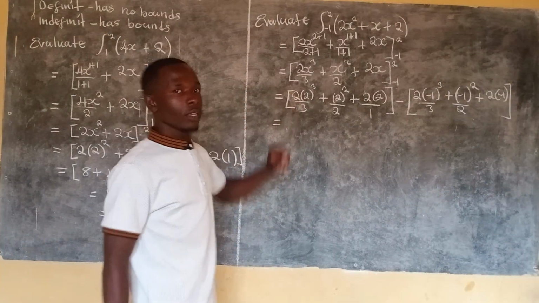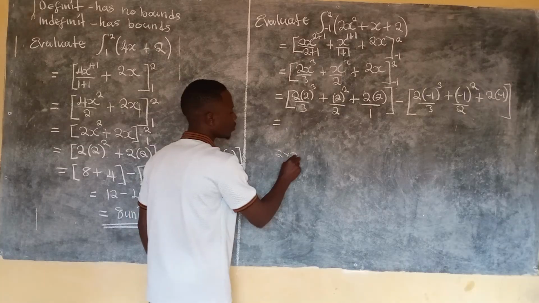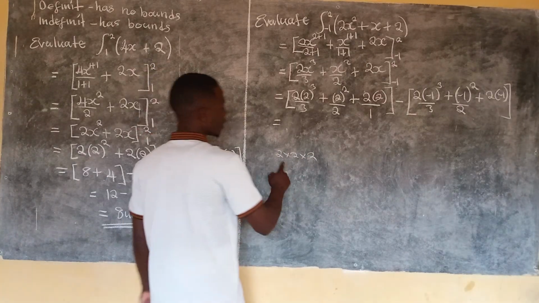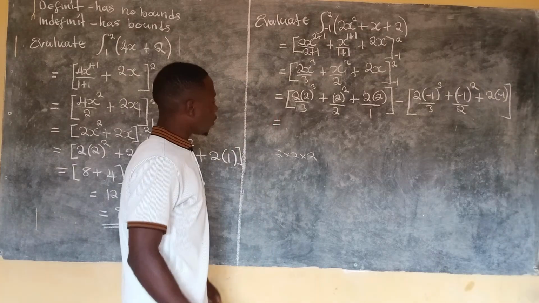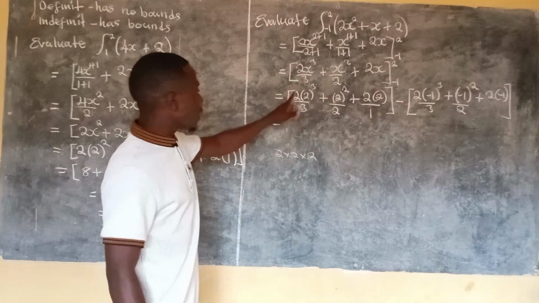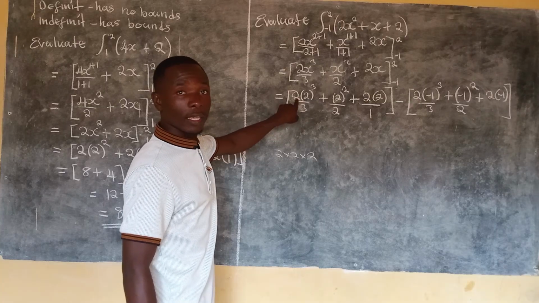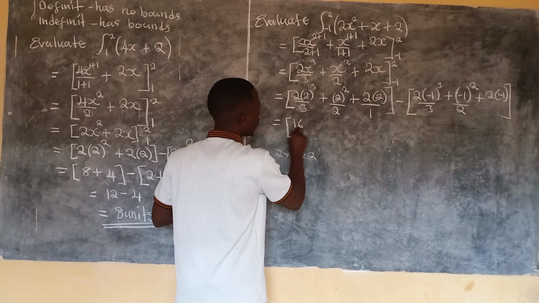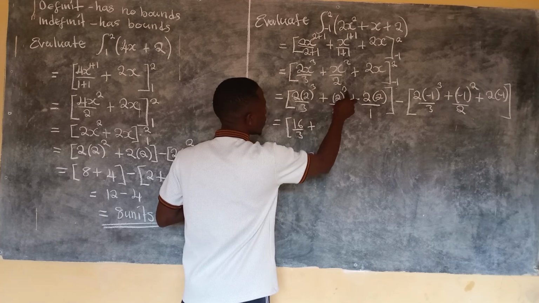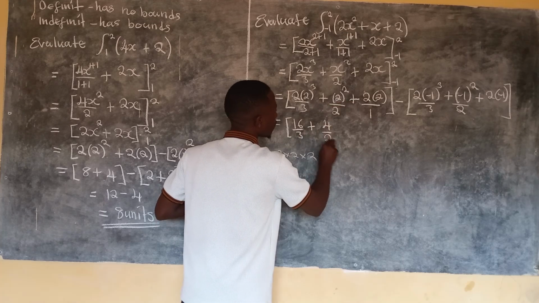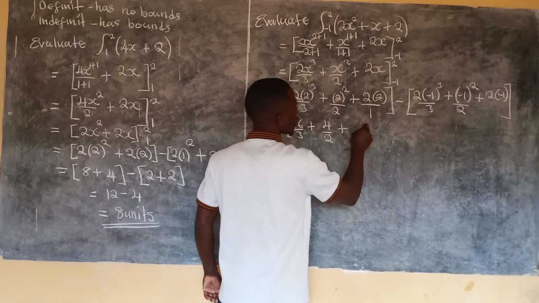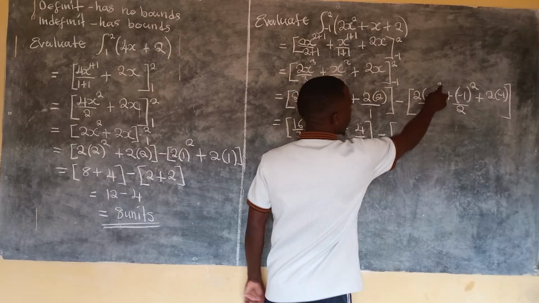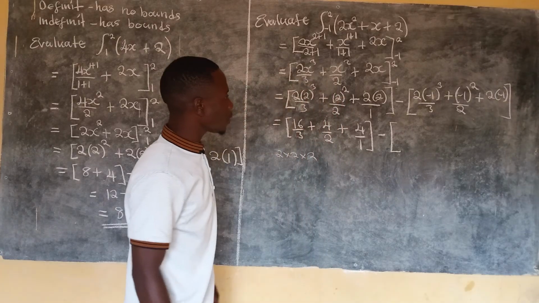2 raised to the power 3. So it means that it's 2 by 2 by 2. Okay, but this is a calculator version. So what we have here is that 2 times 2, that's a 4. 4 by 2, it will give us 8. Answer 8 multiplied by this one here, it will give us what? 16. So we have 16 over 3 plus this, it will give us a 4 over 2 plus this and this, it will give us a 4 over 1 minus, here, look at this, -1 raised to the power 3,